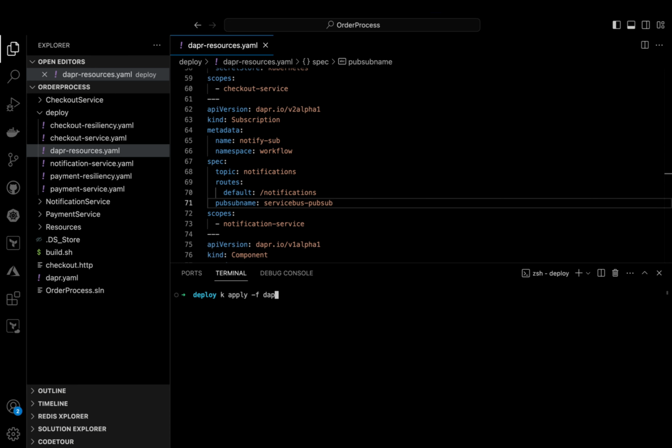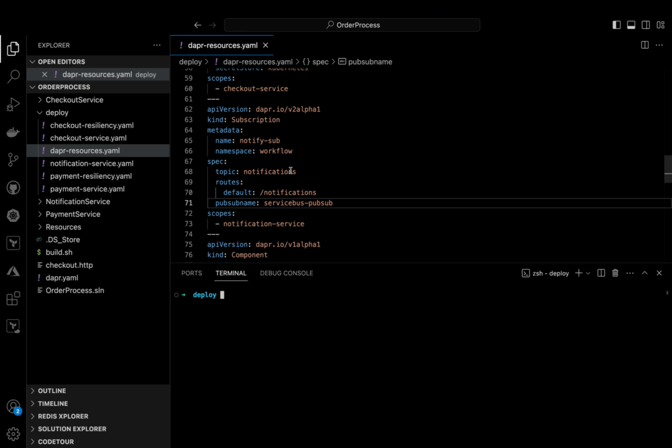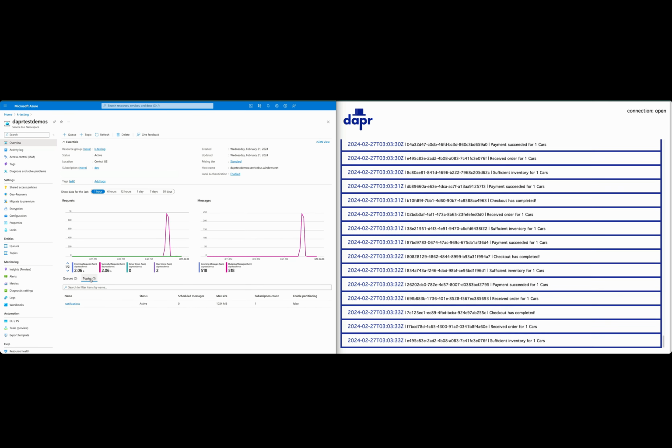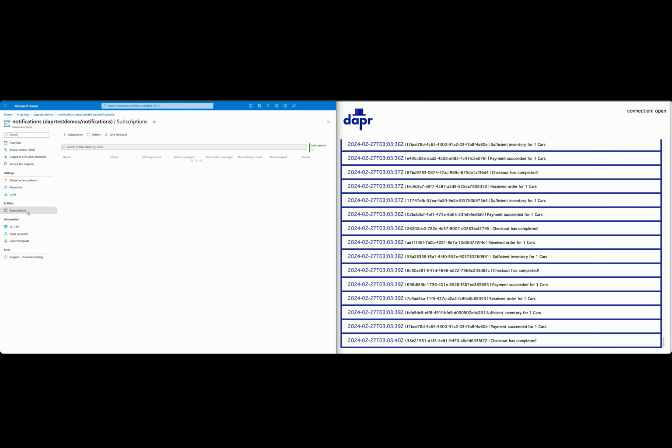Once we've rolled out the applications and sidecars to load the new components, we can generate load and test the new component. We can see the messages are successfully flowing through the service bus topic notifications to the subscriber, which is the notification service. You'll see here the notification service is receiving and displaying the checkout status updates as new